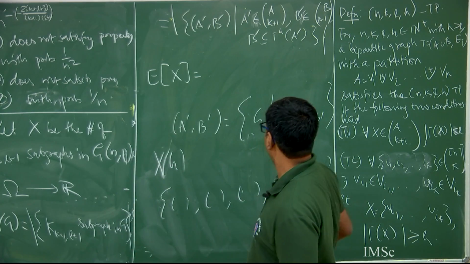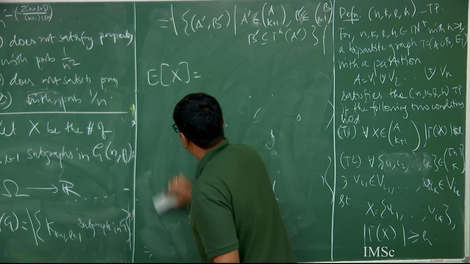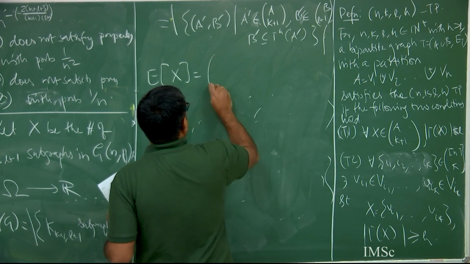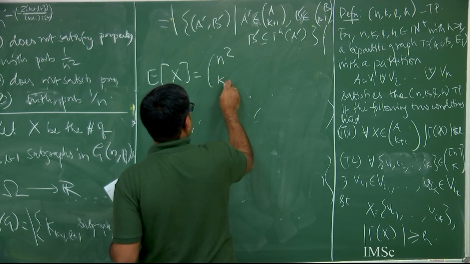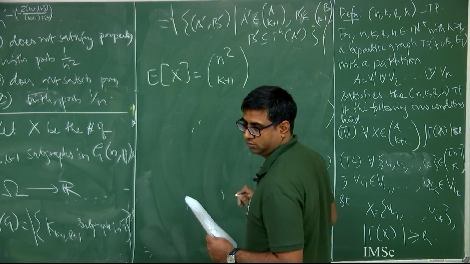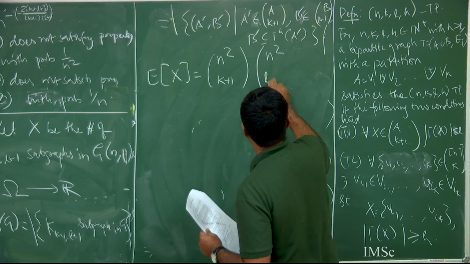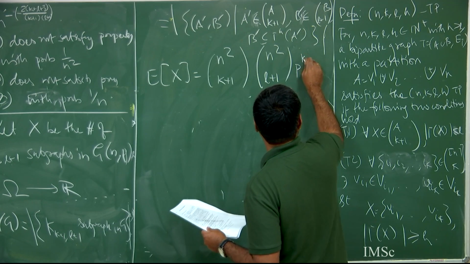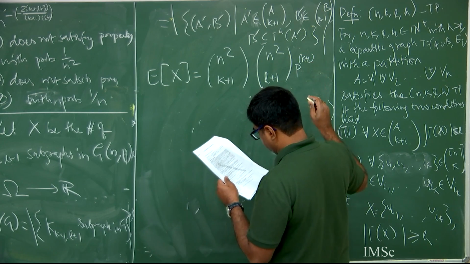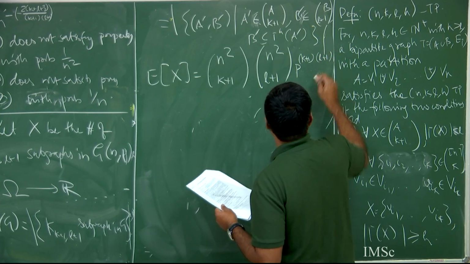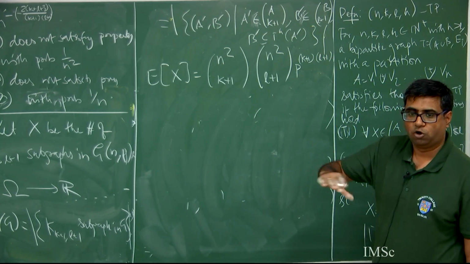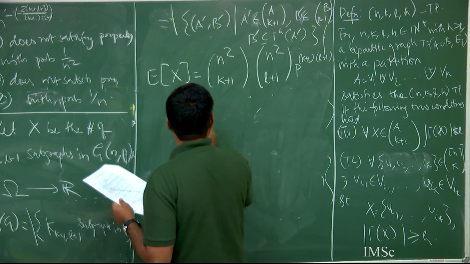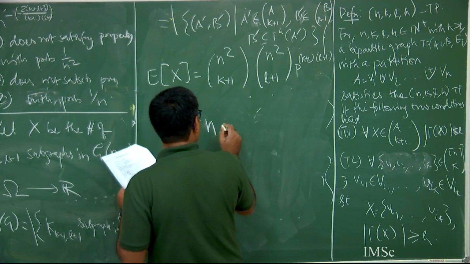As Arindam was saying, this is nothing but n square choose k plus 1, n square choose L plus 1, and p to the power k plus 1 times L plus 1, because you want edges between all k plus 1 and L plus 1 objects, and that is it. So this is less than or equal to n power